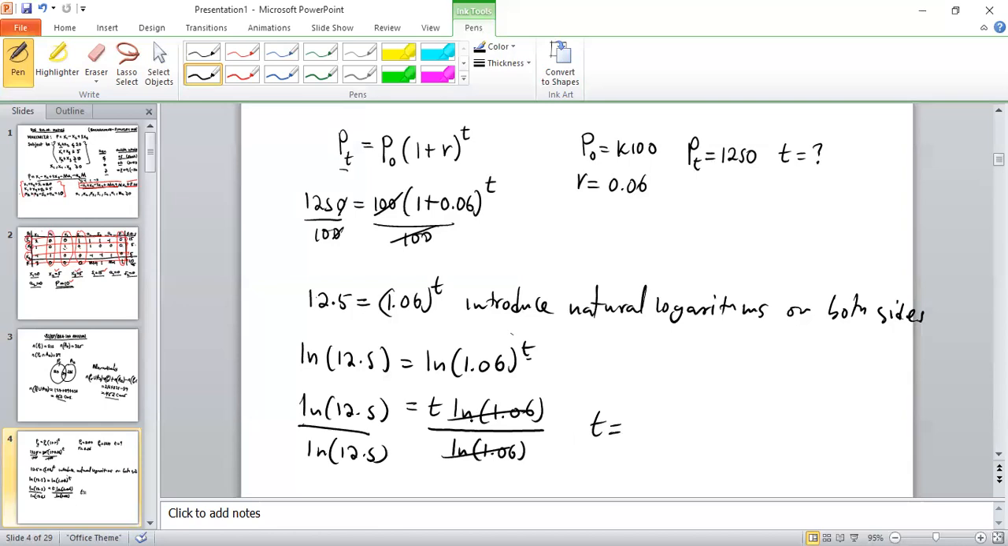Can I have just the figure for natural log of 12.5? Let me check here. 2.53. Then natural log of 1.06. 0.06. Then when you divide,